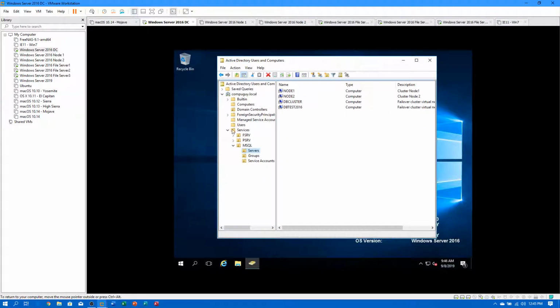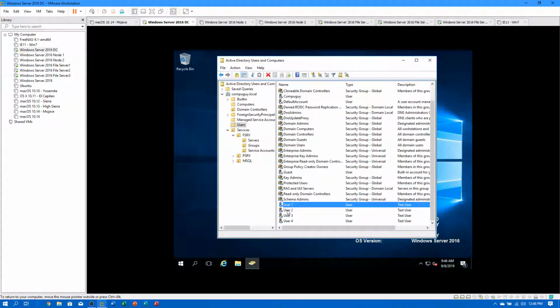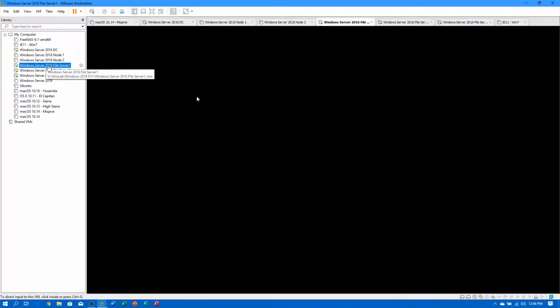Okay, so we have a simple domain controller, 1 domain controller. I have file servers, 3 file servers. That's what we'll focus on with this. So the domain we are using, we will have a 4-user setup just for testing. And then the file servers,